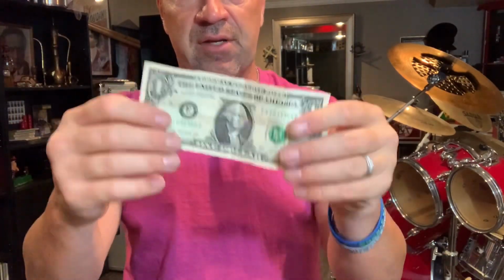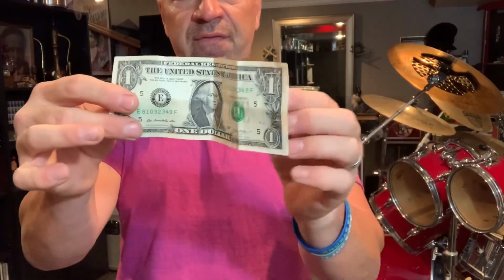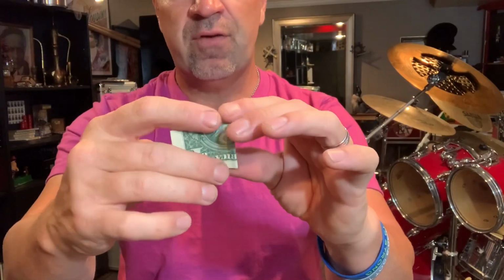So I like to mirror each side, okay? All right, so I go like this, boom, come back around, boom. You just do it really fast. You don't gotta say, look on this side or anything like that. You just do it, they'll see it, okay? Then I fold again, fold down. Now, in one continuous motion, I go ahead and fold again,